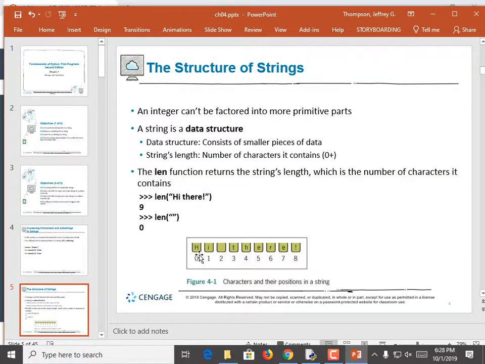So the structure of a string. The first character in the string doesn't have to be a letter, right? It could be a symbol like a question mark or a number. It is position 0. The next one is position 1, the next one is position 2, and so on. So if we did this,